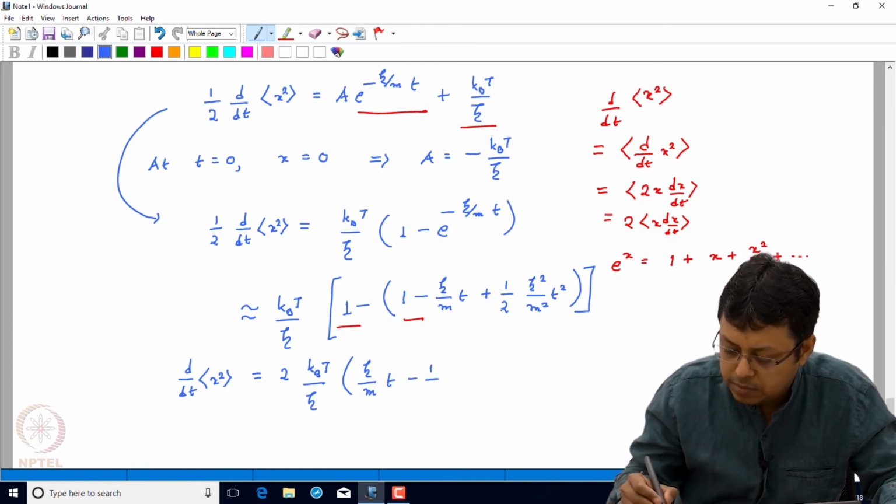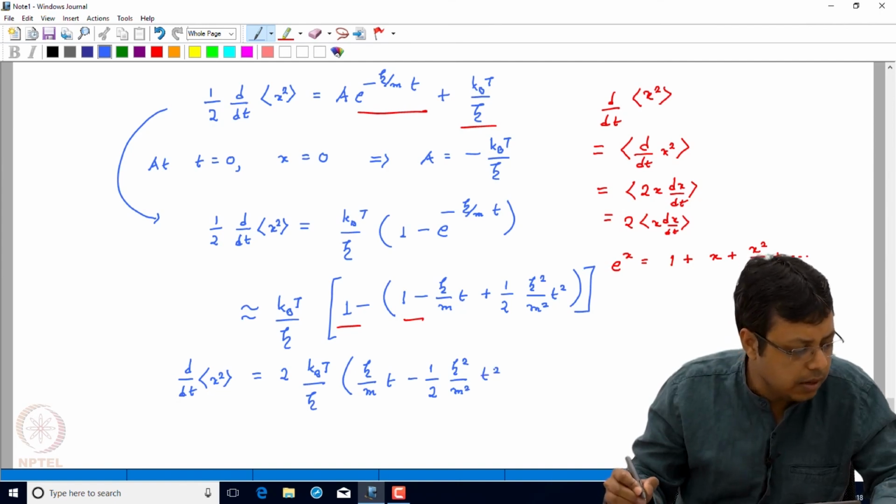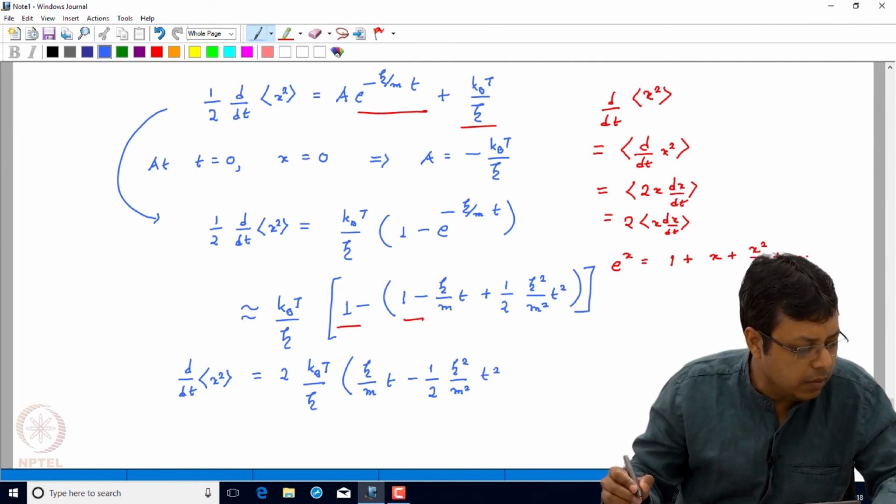I have 1 minus and 1 plus, so this will be minus half, and then I have zeta squared divided by m squared into t squared, and then what you can do,